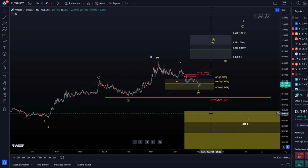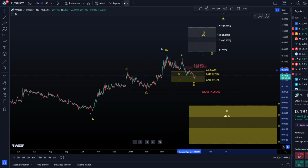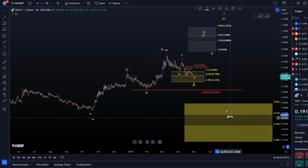The bearish scenario would be the white one, which is not an assumption, because it's only the alternative. It would mean that the B wave that presumably bottomed in October last year never bottomed, and we are in that B wave and just formed a large flat structure, A wave down, overshooting B wave, and this is a C wave. The C wave would have to be an ending diagonal, which is a very difficult structure, and cannot be the preferred scenario in the current context, but it is a reasonable alternative that would gain primary status below the invalidation point, and maybe, depending on how the structure looks, already below